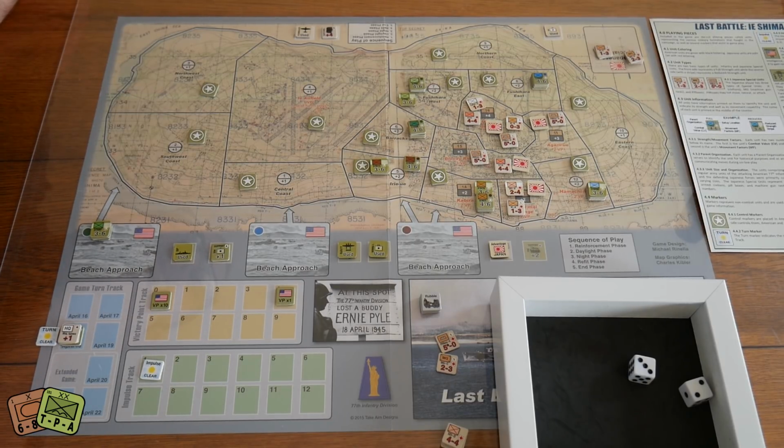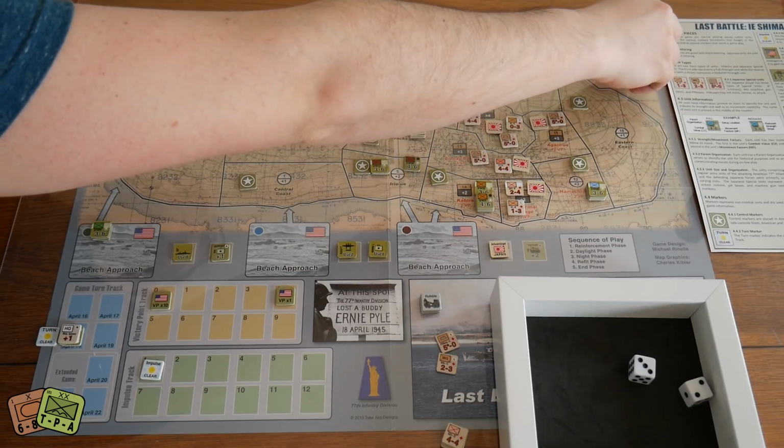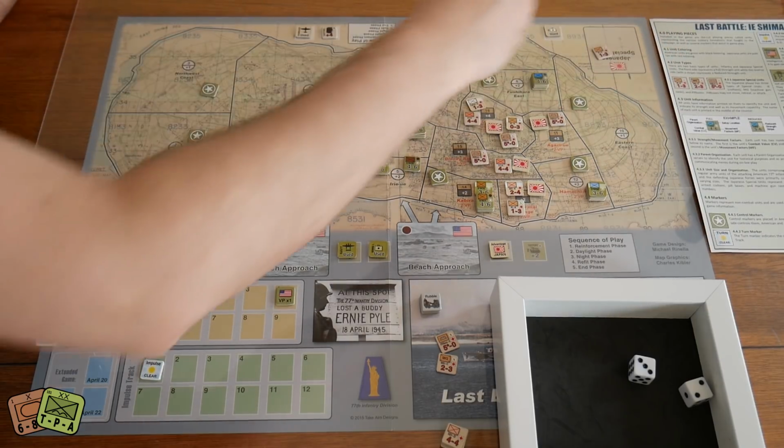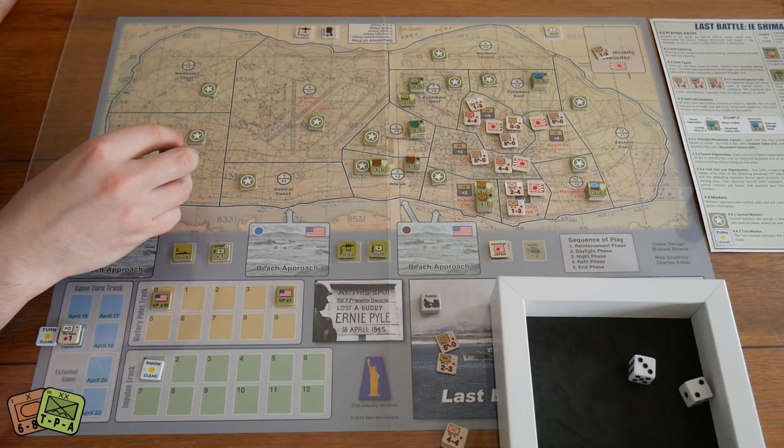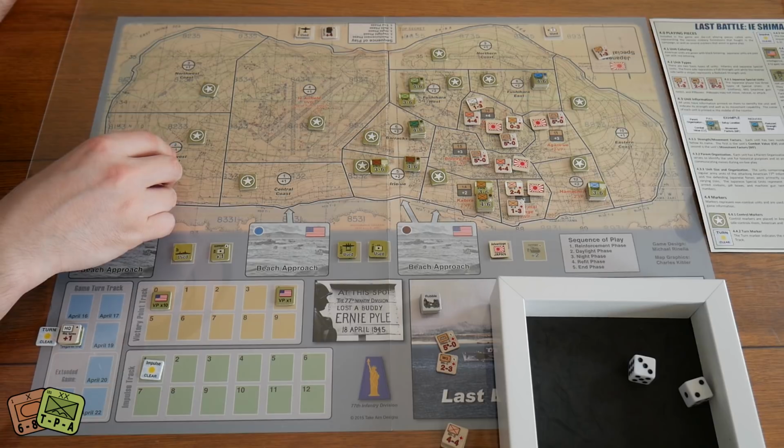Alright, so during the night phase, so the night phase first, we'll do that. During the night phase, we're going to pull out a bunch of these guys. That's what we're going to do. We're going to kind of go crazy. It's effectively doing some banzai charges is what we're going to do. So we're going to drop...